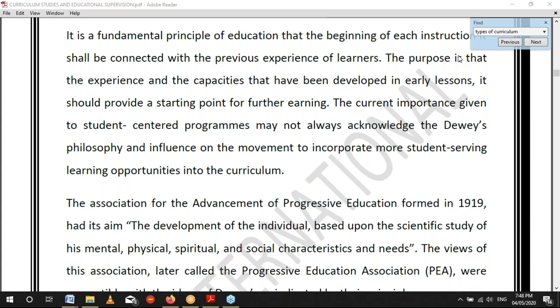From there, you notice what they don't know. That will be where you will start. That is what they need at that moment. That is the needs of the learners. You discover what they don't know, and you organize